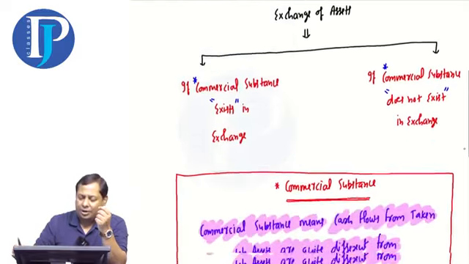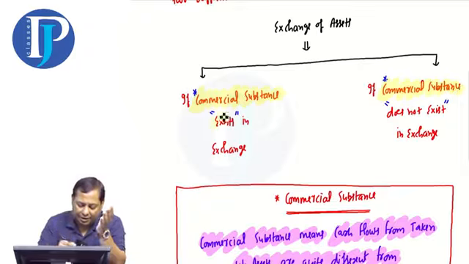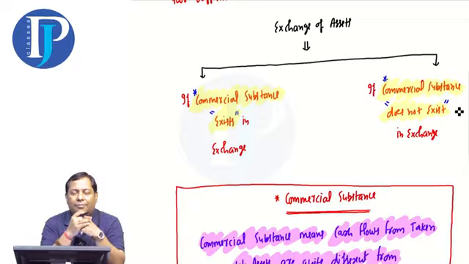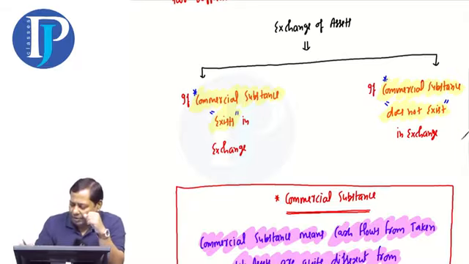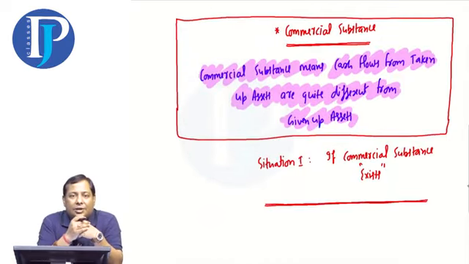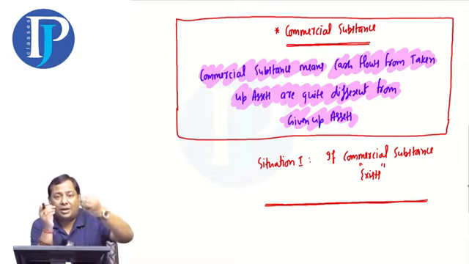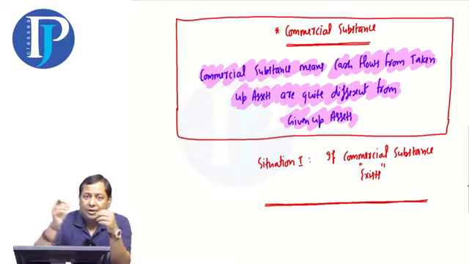The accounting for exchange depends on a single word, and that is commercial substance. So if the commercial substance exists, then the accounting will be different, and if this doesn't exist, then the accounting would be entirely different. Both the cases are different. And after that, I taught you the meaning of commercial substance, right? The meaning of commercial substance is that the asset you are bringing in, which is your taken up asset, and the benefit of it is different from the given up asset.